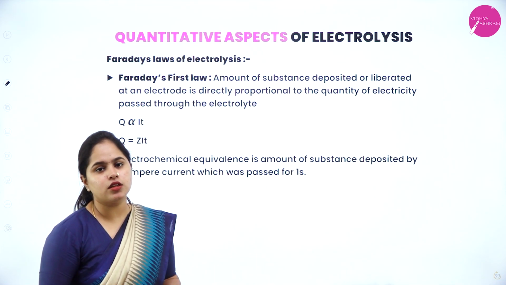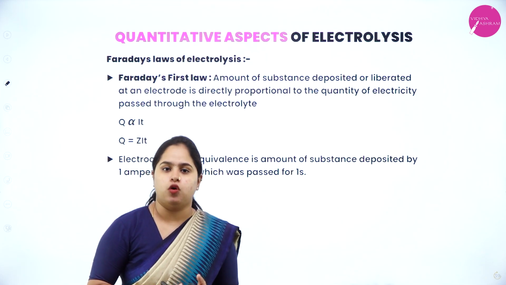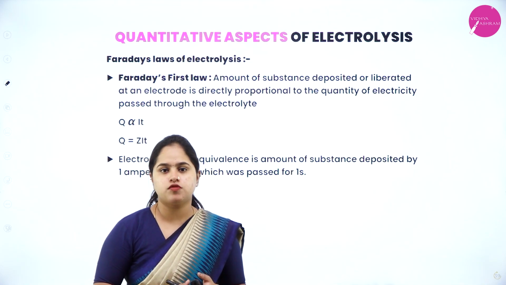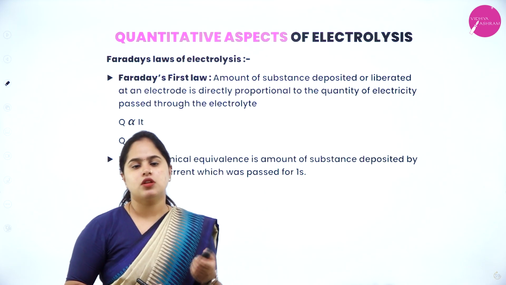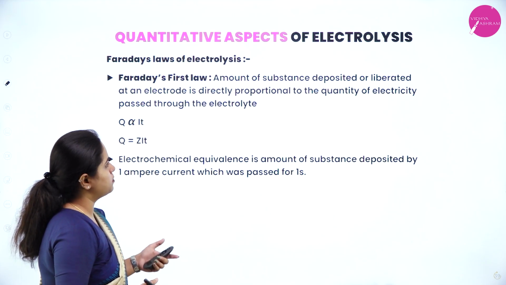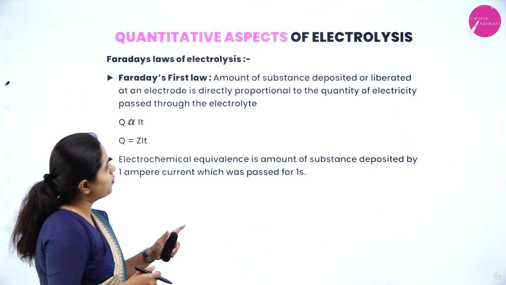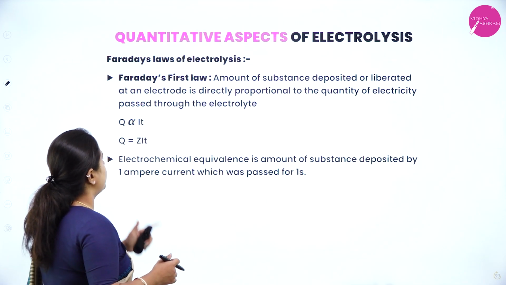So to understand the quantitative aspects of electrolysis, we need to know Faraday's laws. There are two laws which were formulated by Faraday. Let's understand the first one, that is Faraday's first law. The amount of substance deposited or liberated at an electrode is directly proportional to the quantity of electricity passed